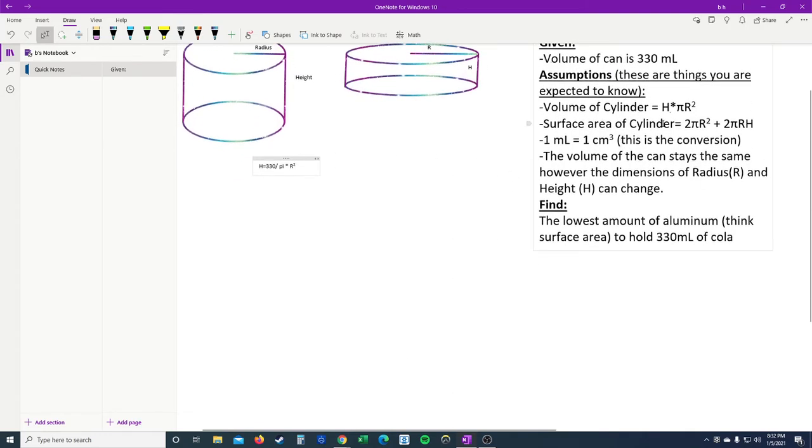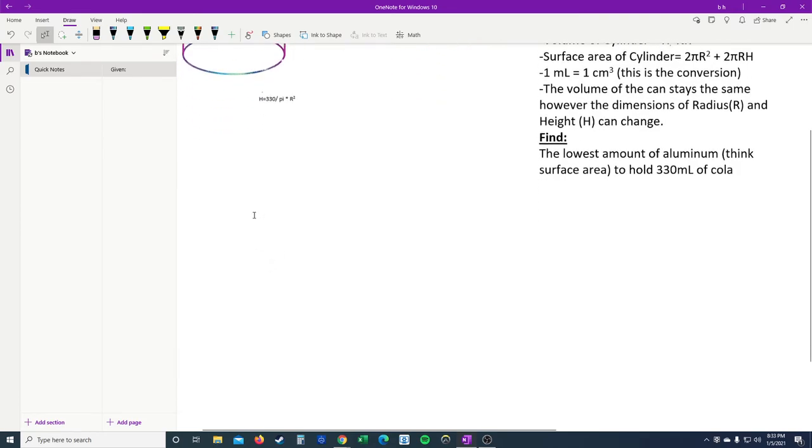The next thing we want to do is see if we can plug in this equation into the surface area equation. So we have 2 pi r squared plus 2 pi rh. So basically all I'm going to do is, for this last term here, I'm going to replace it with this expression. So what that looks like is, and I'm going to call the surface area SA, just so I could save some space, I'm going to say SA